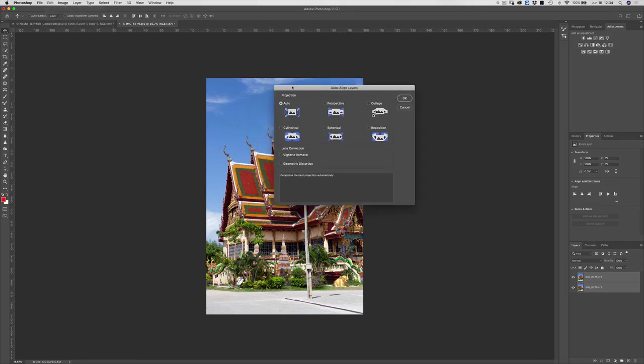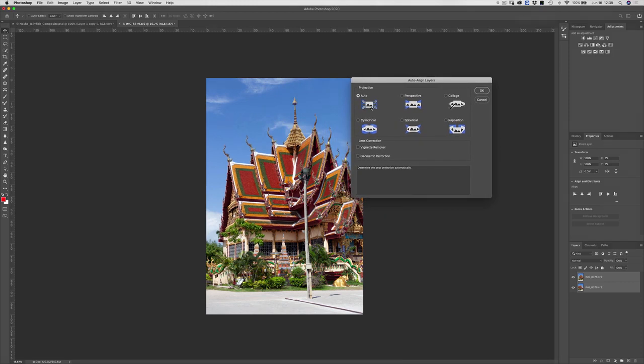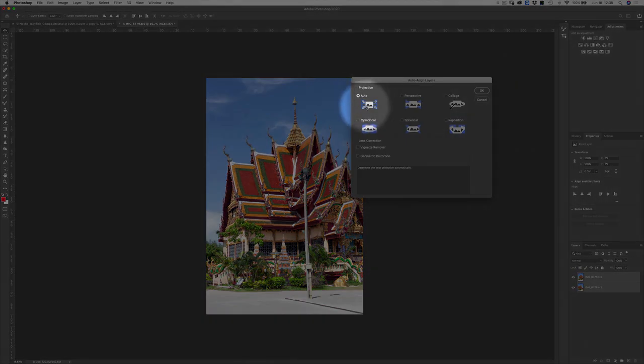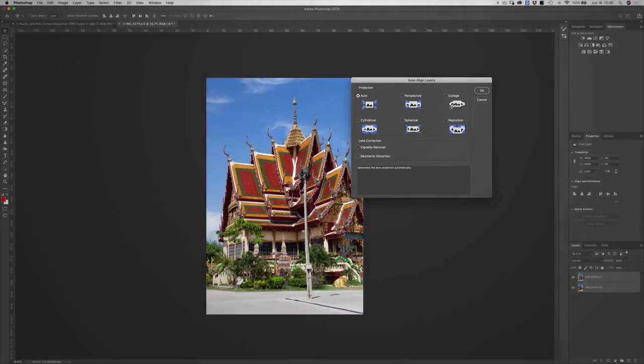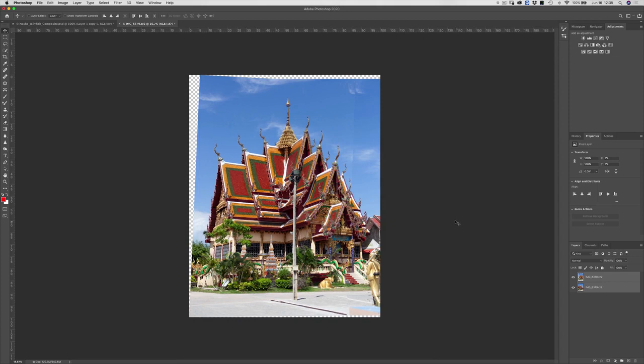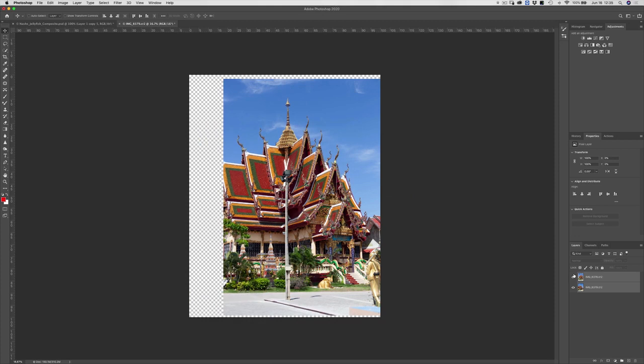For this specific example, we're just going to choose auto, which is going to allow Photoshop to make any of the modifications it needs to in order to align the pixels as best as it can. And then we're going to press OK. And as you can see now, our 2 layers have been aligned.